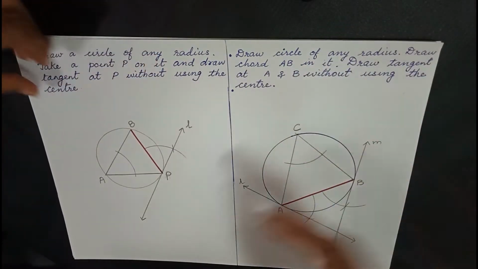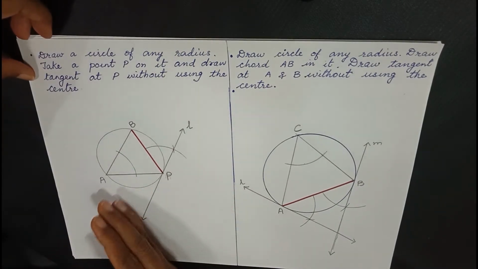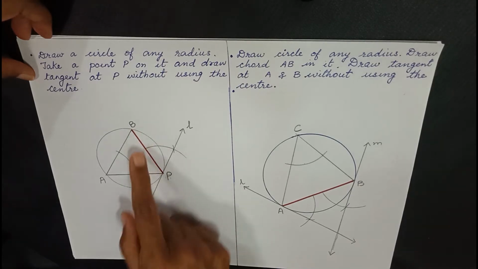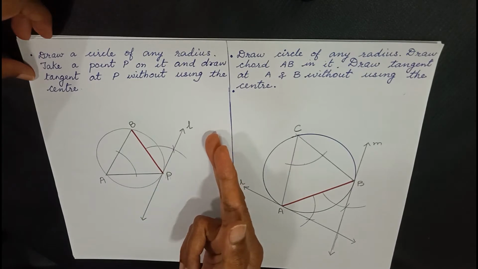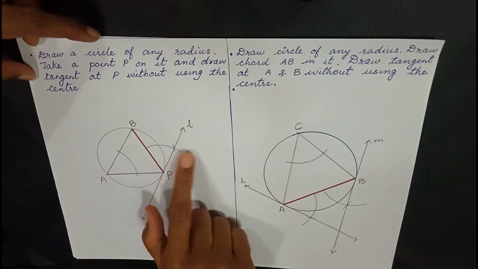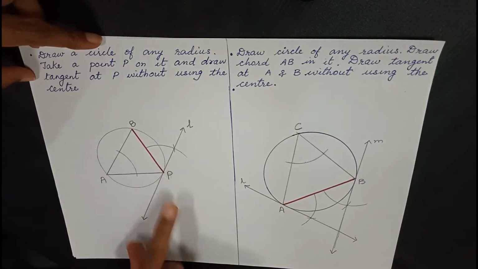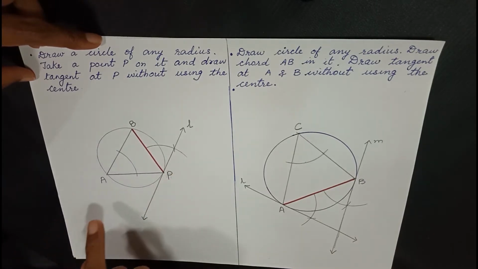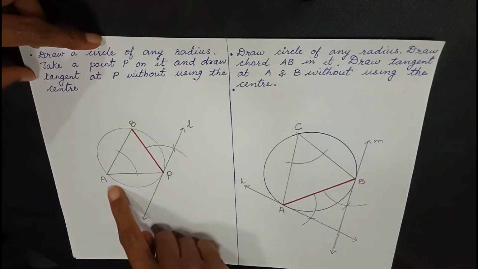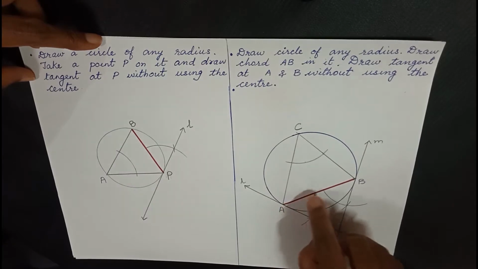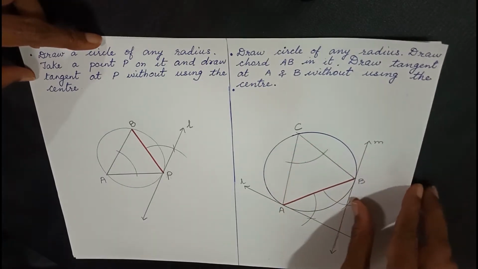After that, we saw method number two, without using the center, how we can draw a tangent. That is, we had drawn a chord and then we draw one angle on the major segment and one angle in the minor segment. And the property is that these two angles are congruent. Using this property, we have seen how we can draw a tangent at a point without using the center. As you can see in both the cases, the angle that we have measured is not touching the chord. That is, it is an angle which is far away from the chord. That is the angle that should be measured.